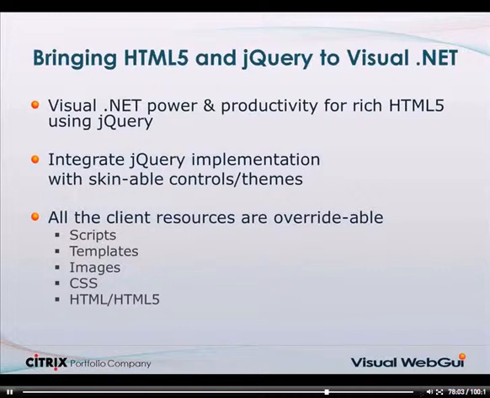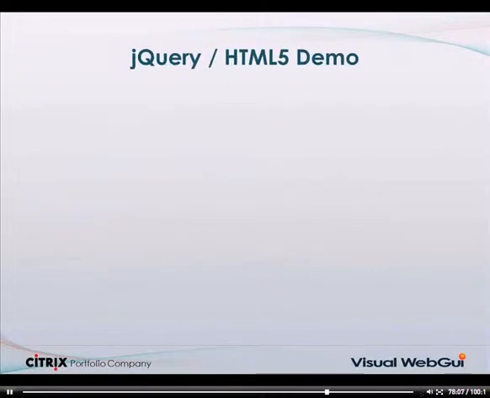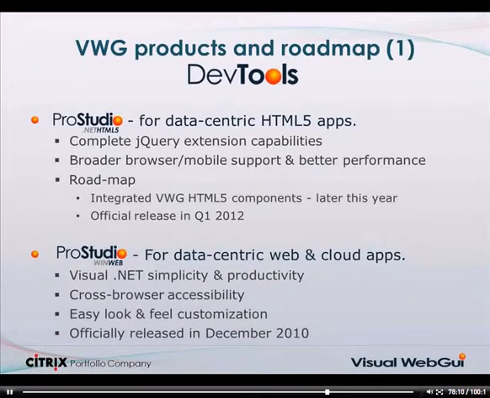Now, we've seen the slide before, and we've seen the jQuery HTML5 demo, and now we're going to the roadmap. This is the first part of the roadmap slides. Okay, so let me quickly explain what ProStudio.NET-HTML5 means. .NET-HTML5 is a new type of the Visual Web GUI framework in which we created a new library called jQuery templates, or in short JQT. We created this library. This library allows us to transform the XML current UI state into HTML using JQT instead of the XSLT rendering engine